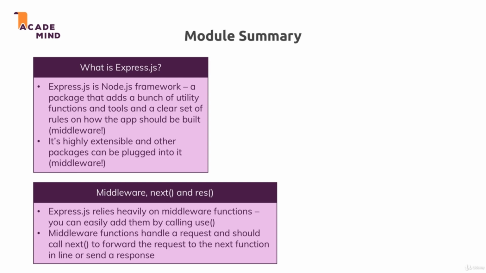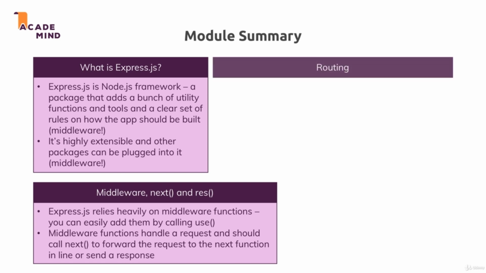This is a crucial point you have to understand, that you should always call next unless you're sending a response, in which case you should never call next, and that you can therefore cleverly structure your middleware to transform a request, read something from it, and send different responses depending on the route you're accessing,